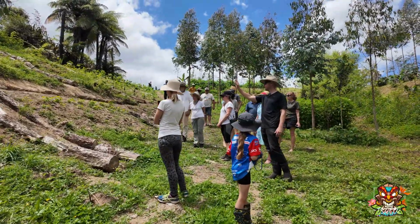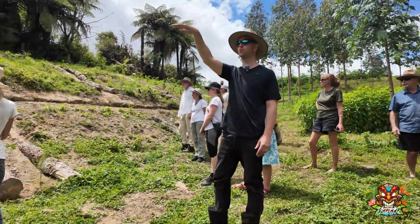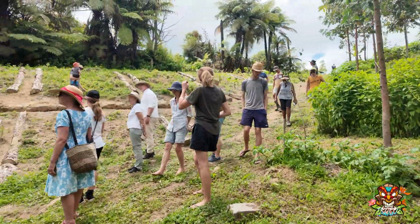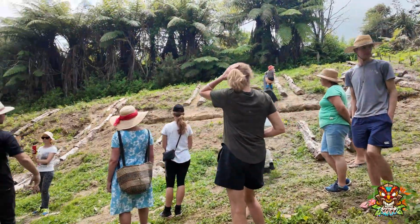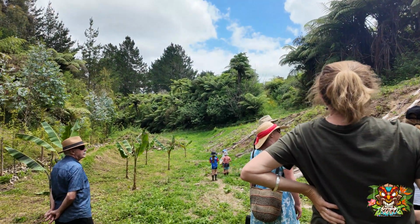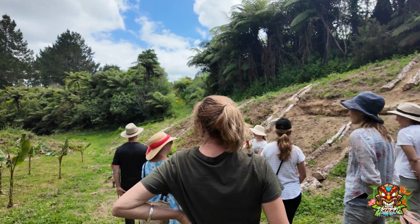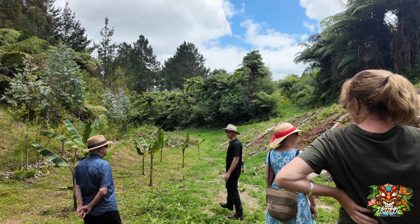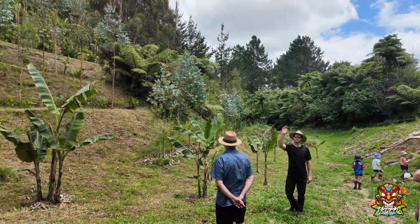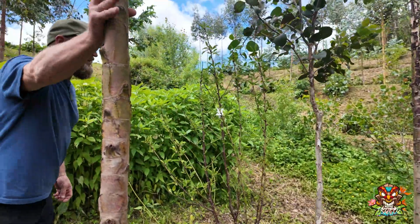So we've got tagasaste and comfrey every metre basically along all of the support rows, the main rows, which I'll then go and interplant with actual production species, and obviously all of the support species will go in over time. I just don't have a lot of that thing called time, so that's my biggest problem at the moment. So along the water lines we've got lots of poplar and lots of willow types,